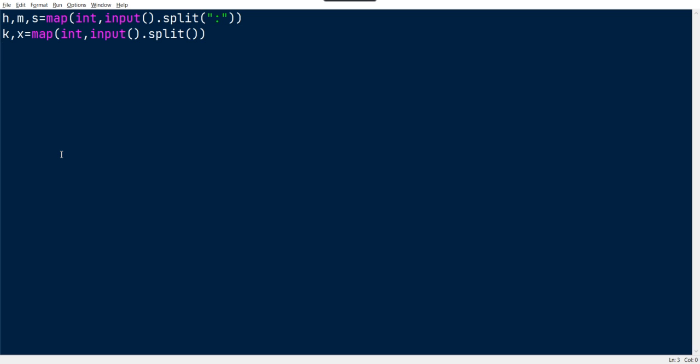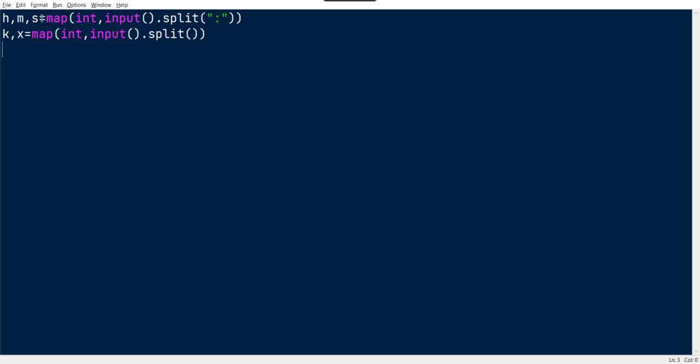Okay, now it's time to do the operation. When we have to convert something across two or three types of units, like here we have hour, minute and second units, it is always better to convert the whole thing into the least unit.